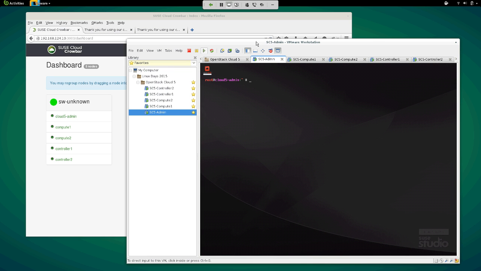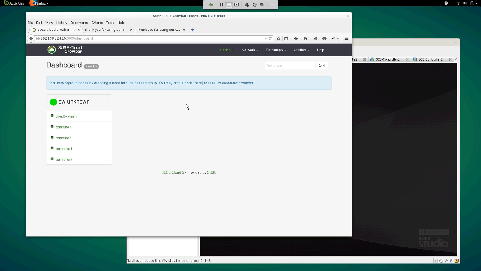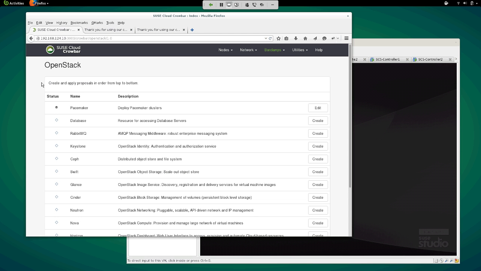So what I'm going to show you here today is our batch deployment. I did get the environment ready to go so that all the systems were up and running and were joined to our administration server, which we call Crowbar. Crowbar is an open source tool that we use to deploy our cloud framework. It works in conjunction with Chef, and it has functionality to allow us to deploy all of OpenStack, and also, more importantly today, a full high availability environment for our control plane as well. So I'm going to show this to you.